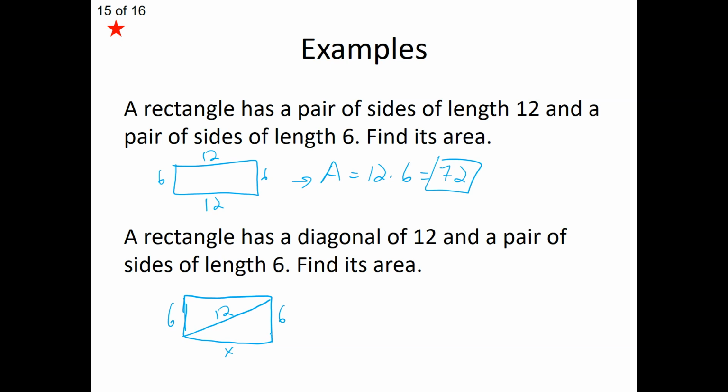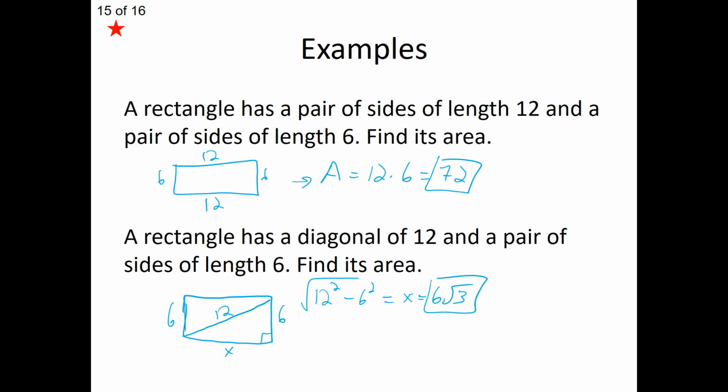Well, think about the angles of a rectangle. That's a right angle, which means I have a right triangle. 6 is a leg of that right triangle, and 12 is the hypotenuse of that right triangle. We can use the Pythagorean theorem. So I'm going to save us a little bit of time, but we basically do 12 squared minus 6 squared, solve, and then take the square root of that. For the length of x, we get 6 root 3,